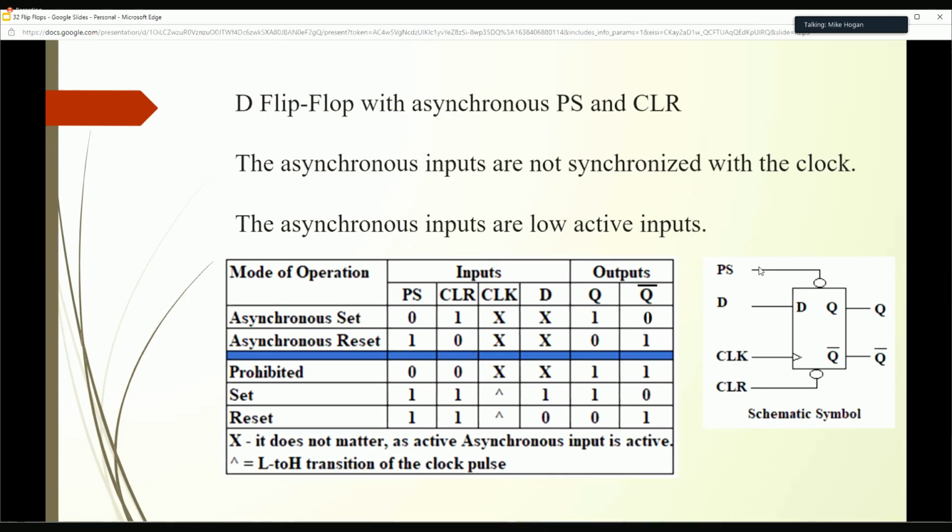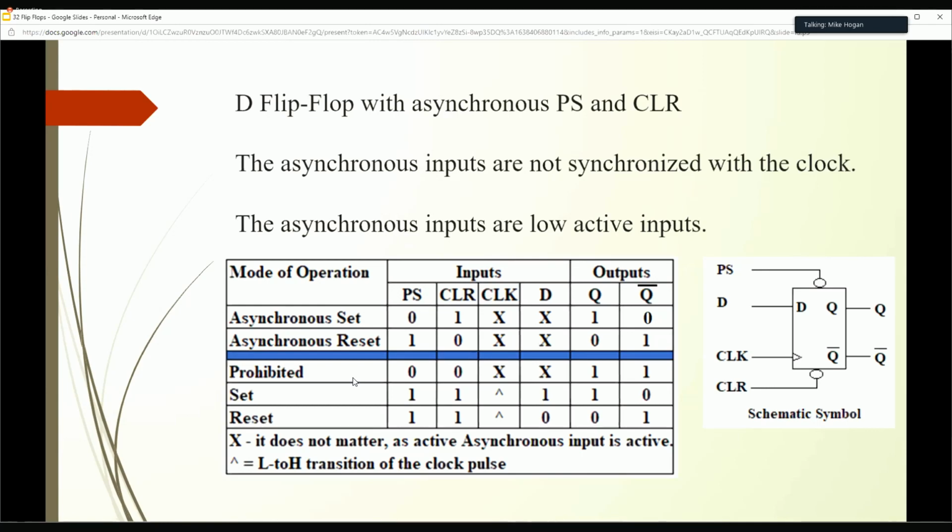Notice that with these asynchronous inputs, we didn't worry about the clock. It doesn't matter when it happens. We're not looking for a leading edge to trigger it. These are asynchronous. The PS and clear are asynchronous inputs. Now, if we look at our other inputs,